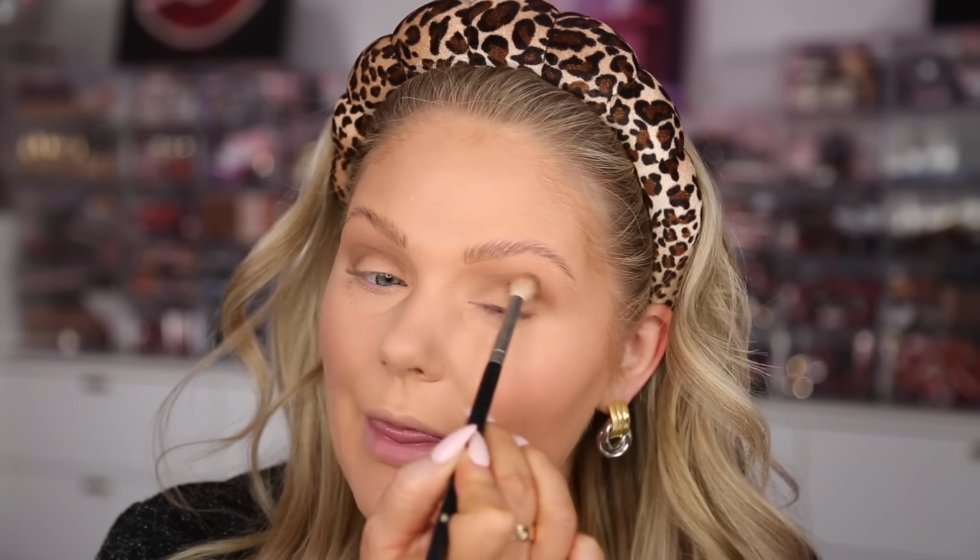Also this year there was the revamp of the Urban Decay Naked palette. That was really cool. I really loved it, because that's like an OG, very nostalgic palette to me. So I did love that. That was an eyeshadow launch that made me really excited this year. But if there was a launch that really excited you this year, let me know in the comments